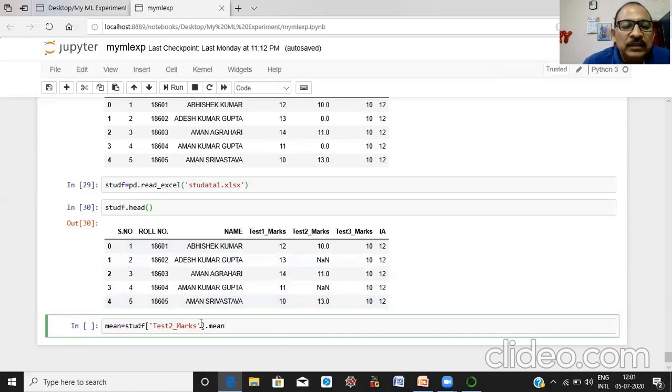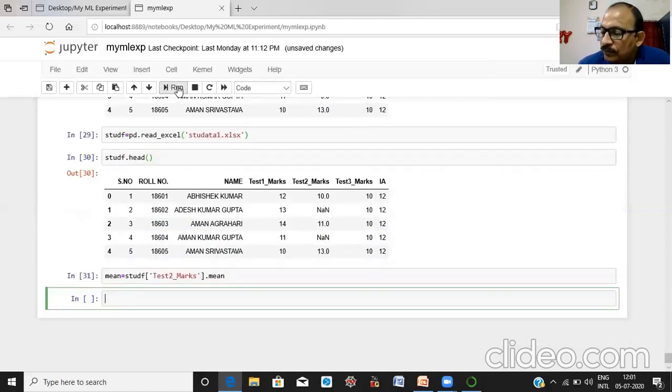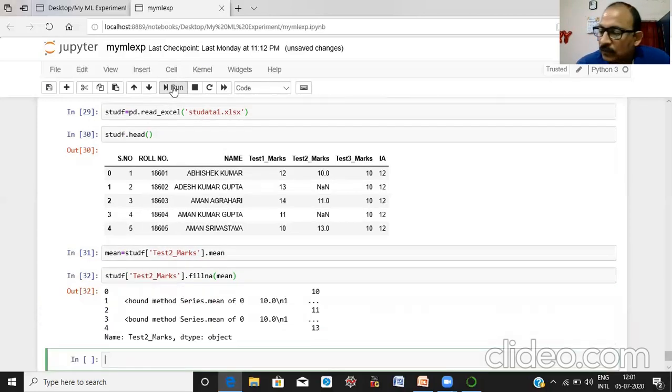Okay, so we have to compute the mean, and this is where you can compute the mean. Okay, now mean. Now let us see.